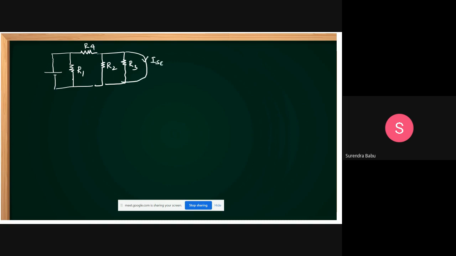This is ISC. Now tell me, friends, which is shorted here? All R1, R2 and R3 shorted, only R2, R3 shorted, only R1, R2 shorted. Which one is correct, friends? In this case, which elements are shorted? Can anybody answer? In this circuit, which elements are shorted, friends? But which element is not shorted, you tell?